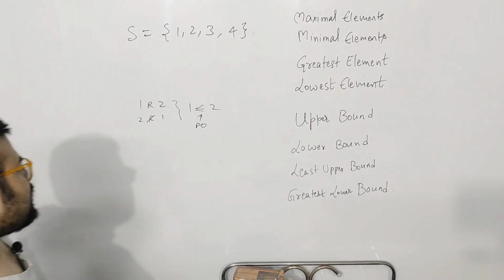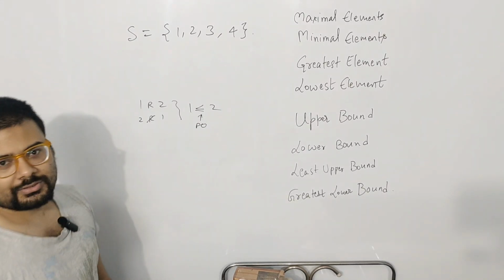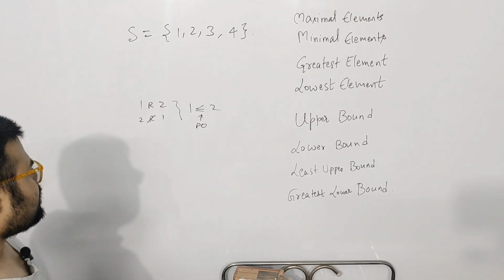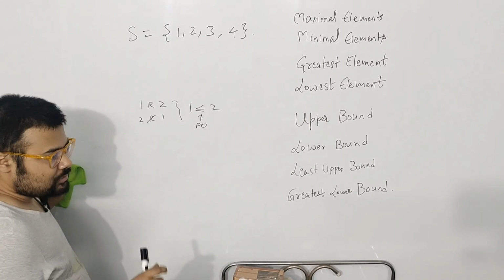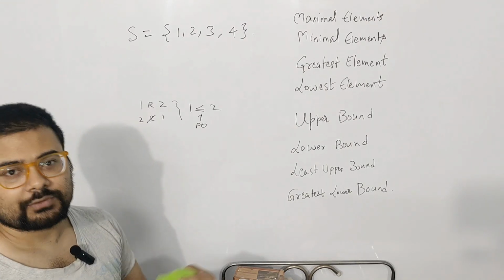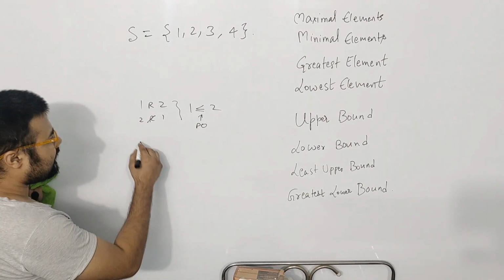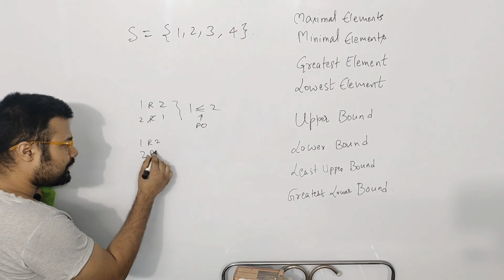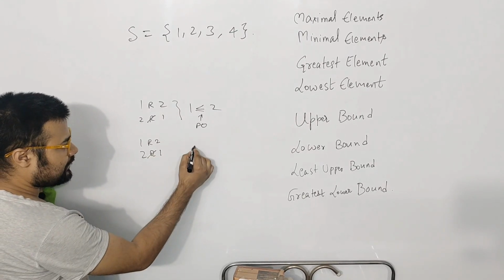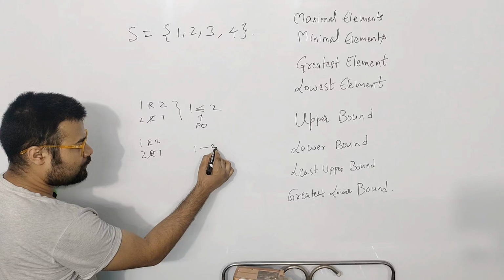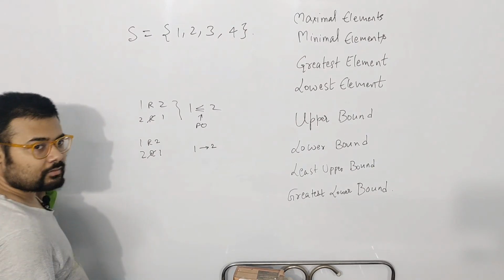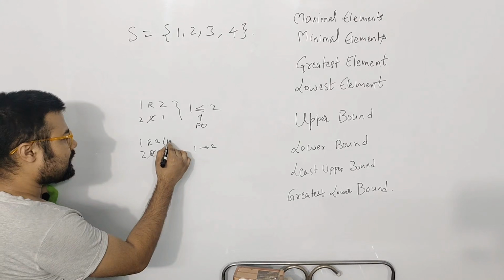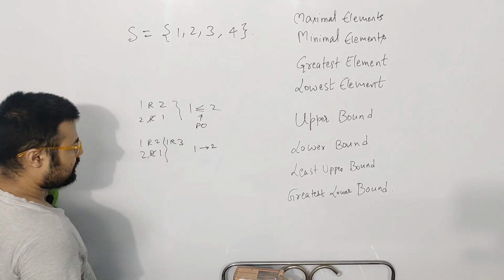And of course 1 is related to 1 and 2 is related to 2 because of reflexivity. And because we add a condition of transitivity also here, what happens is that if 1 is related to 2, clearly it means that 2 is not related to 1, so it is going like this, 1 to 2 in this direction. And if to add to it,